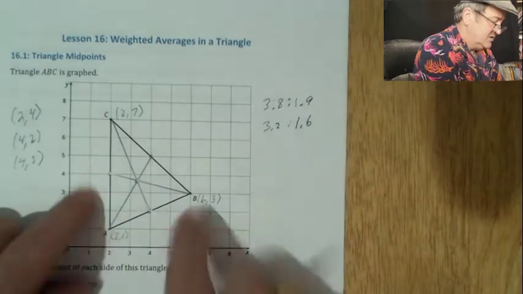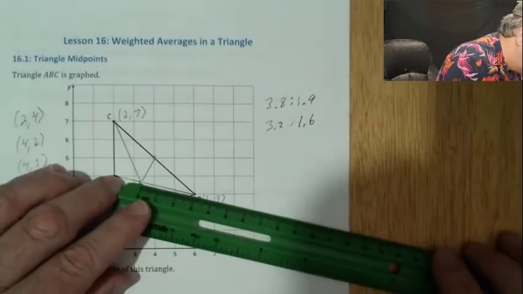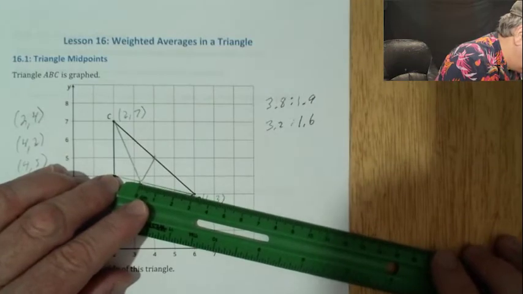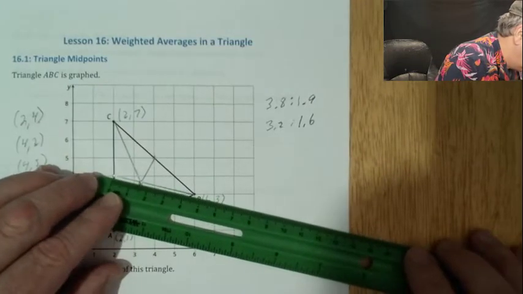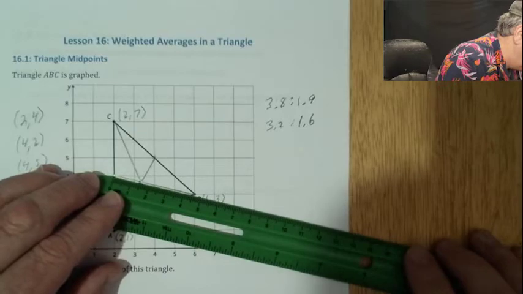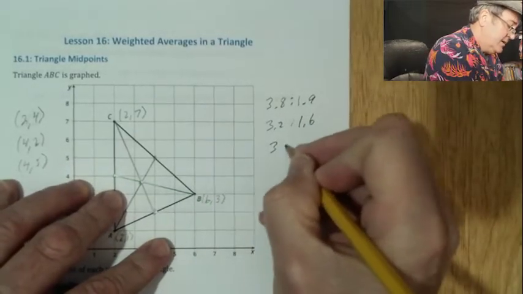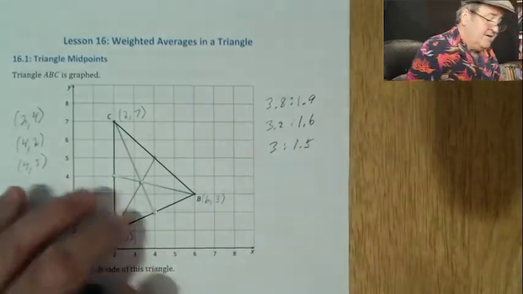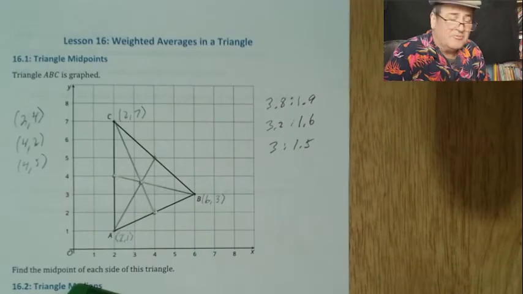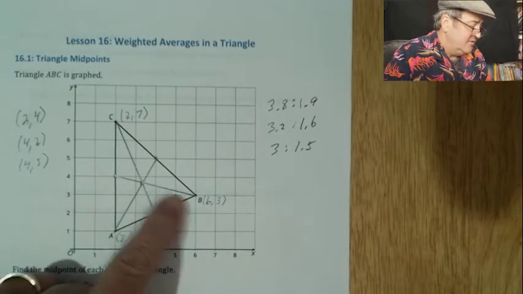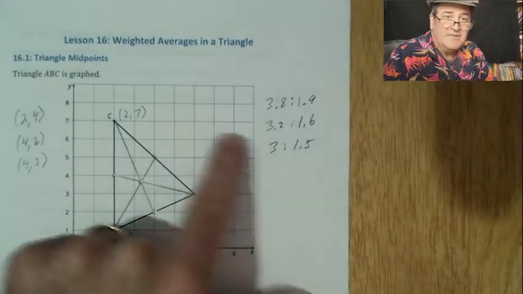So that leaves just this one. The longest part of this one looks to be right at 3, and that is 1.5. So 3 and 1.5. There are the 3 comparisons of the longer side to the shorter side of the same